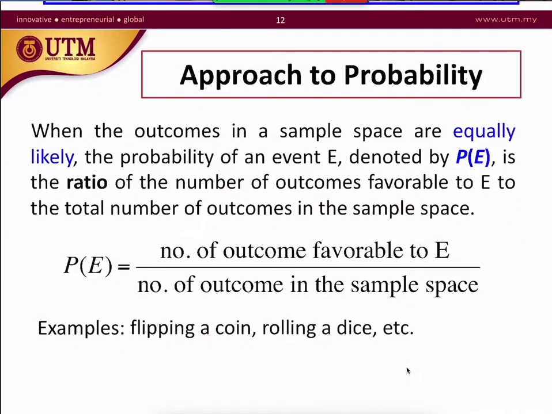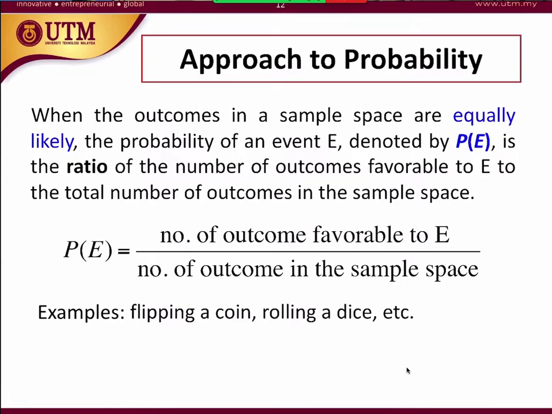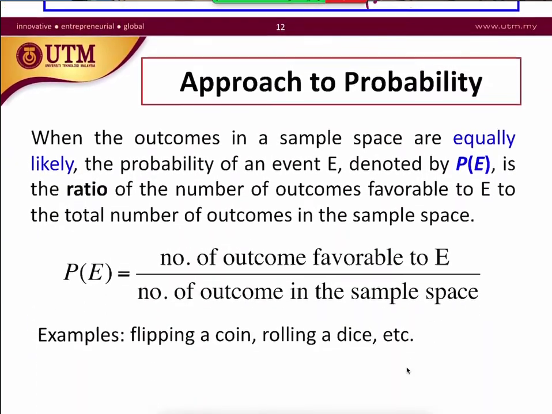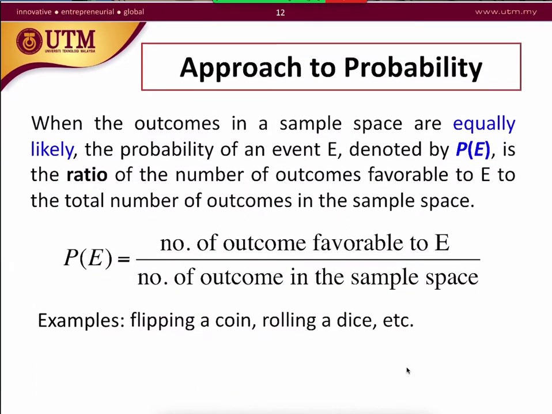All right. Now, what we've shown here is how you identify the outcome of the event itself. So now we are coming to probability. When we are identifying the sample space and identifying the event, we are saying that the outcome of each event that happens is equally likely. It means that each has the same possibility of happening.